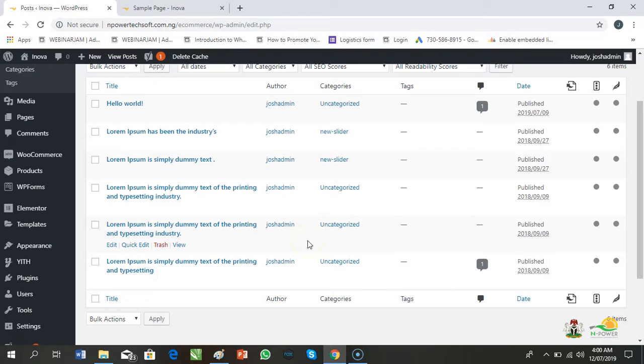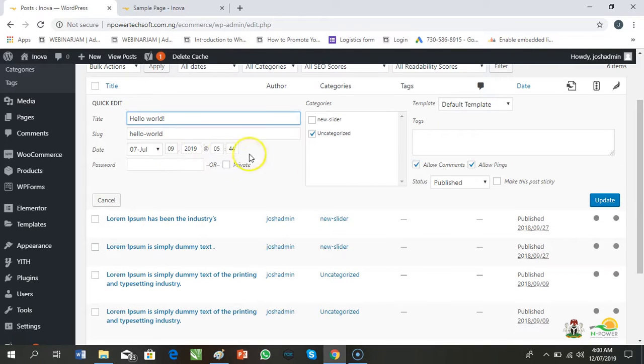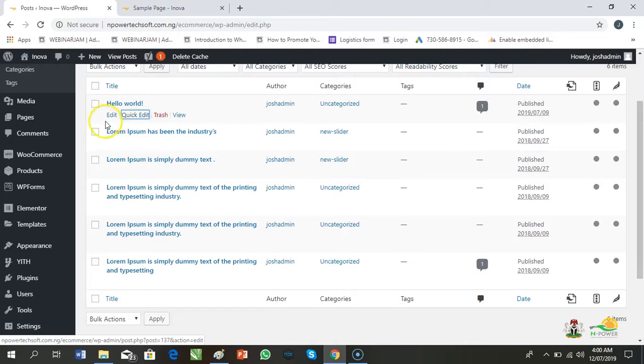Basically, if you want to edit any post, there's the quick edit and there's the robust edit. The quick edit is what you have here. It just pops out quickly and you can do a few things. But if you want to do robust editing, you hit the proper edit button.